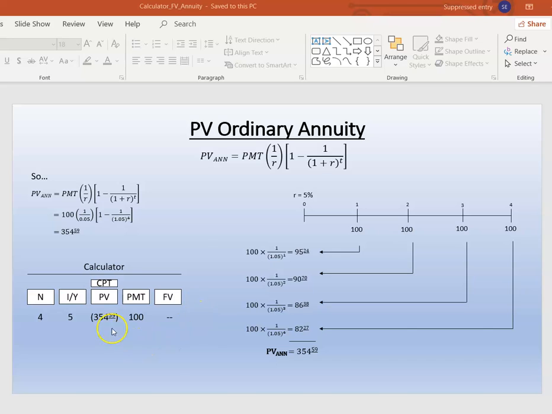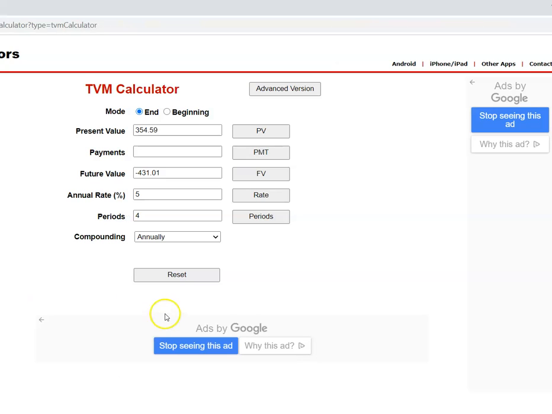In fact, we can use the function of a financial calculator to do this calculation very quickly. Here, the payment for this 4-period annuity will be $100 in each period. You have 4 consecutive periods of payments, and the discount rate is 5%. Let's use an online financial calculator. The payment is $100. The discount rate is 5%. We have 4 periods of payments, and we do this compounding calculation with annual frequency. Let's calculate the present value of this annuity. It is